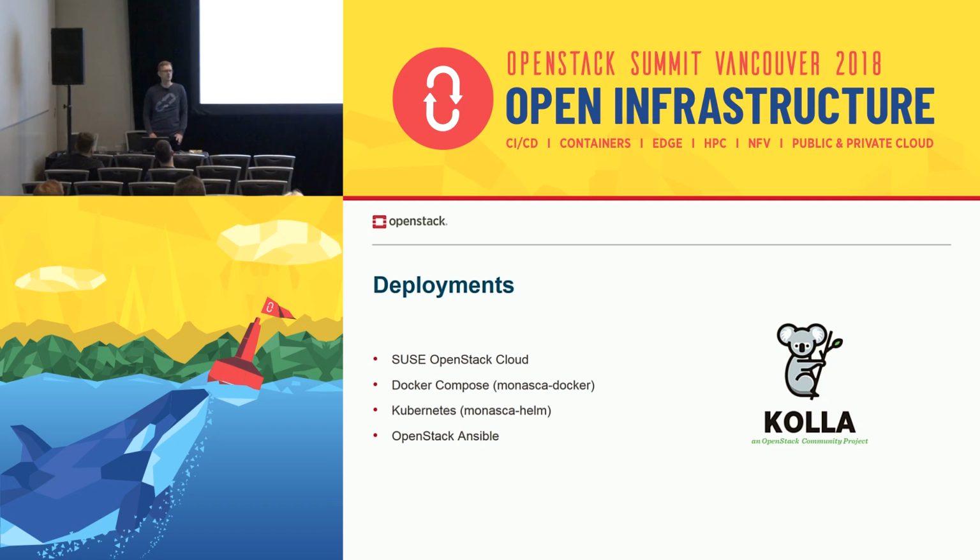There is also the OpenStack Ansible project. We're not actually maintaining this, and it can be a little bothersome to install with this, but anyway, there are some options. And of course, you all know Kolla is gaining more and more popularity. So it will be really great to have Monasca in the Kolla distribution as well. Yeah, so StackHPC is working on this. I hope they can finish in Rocky.